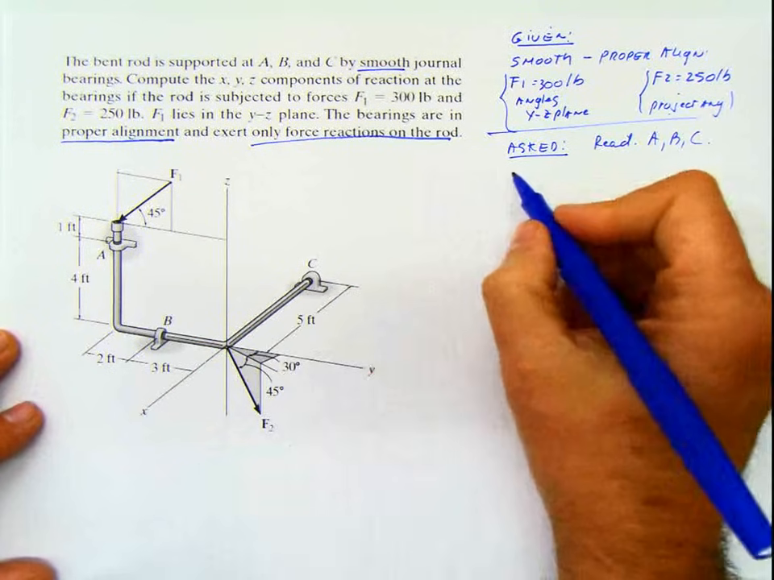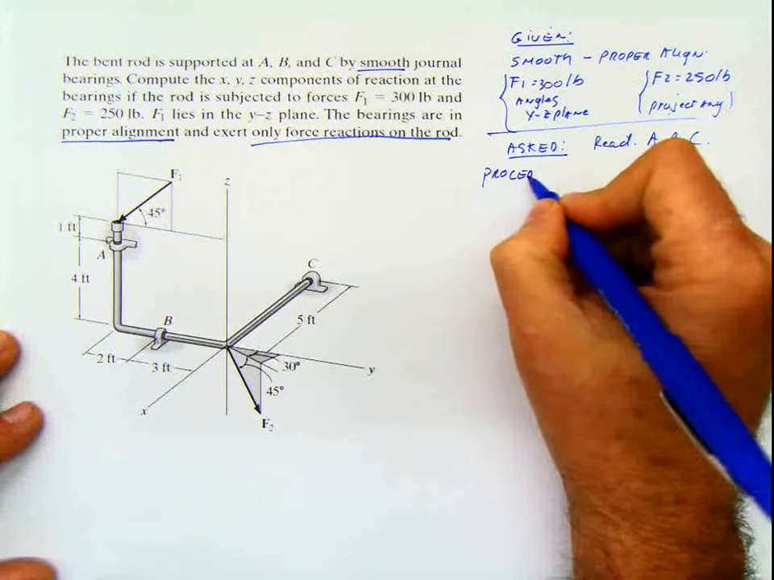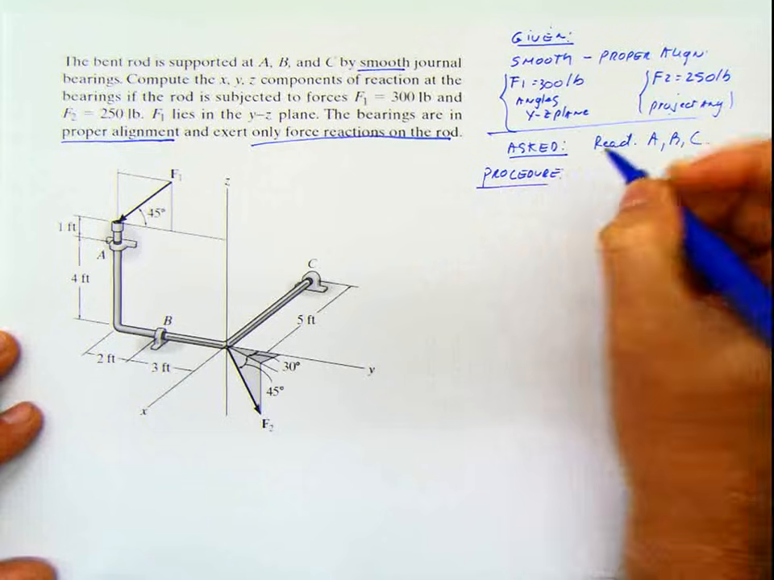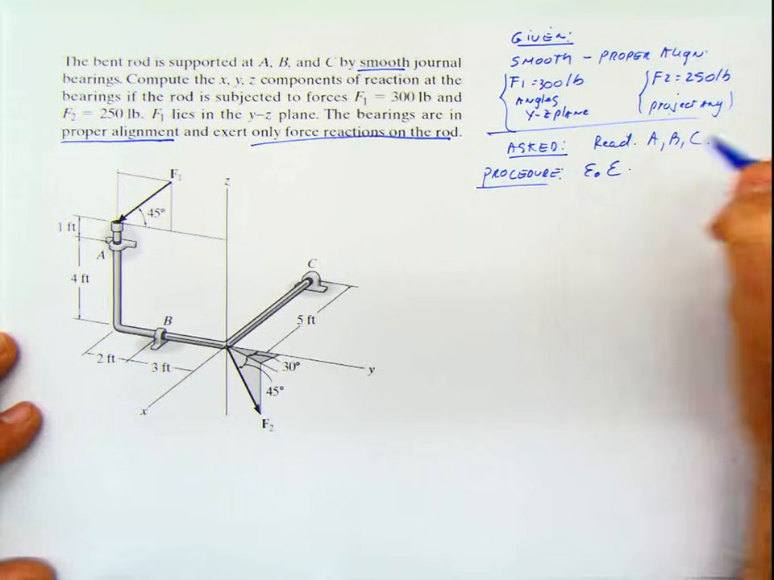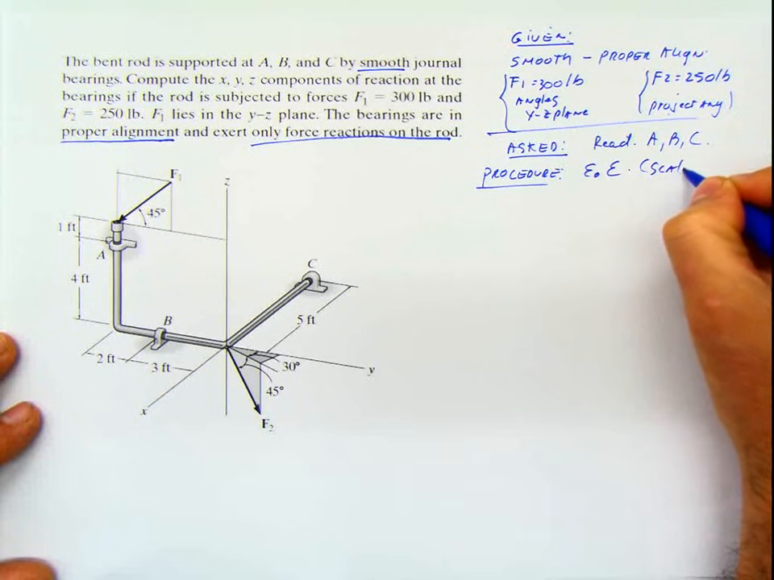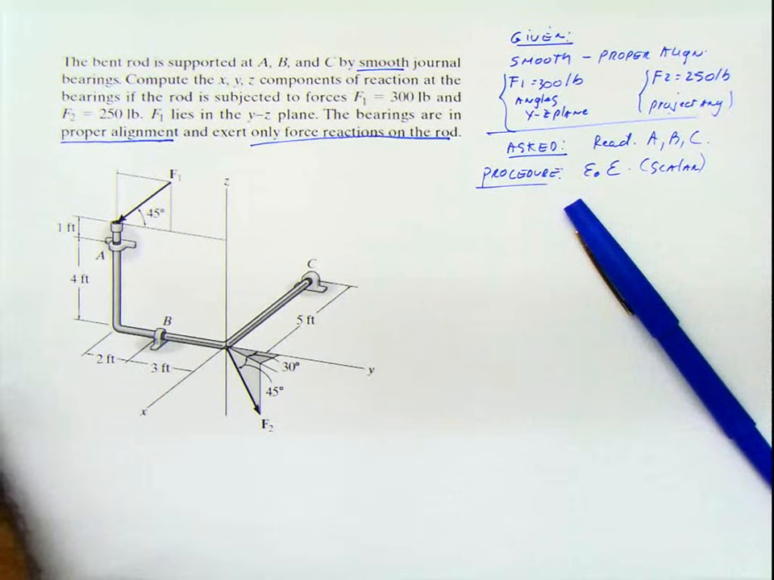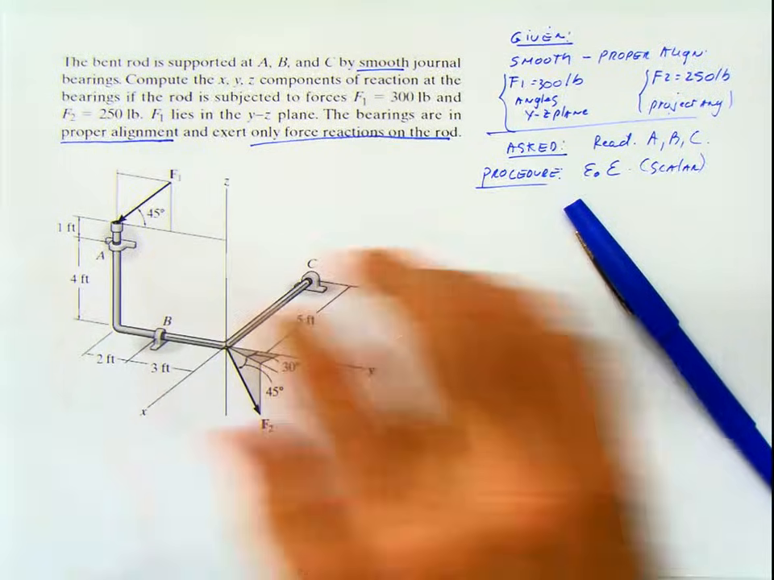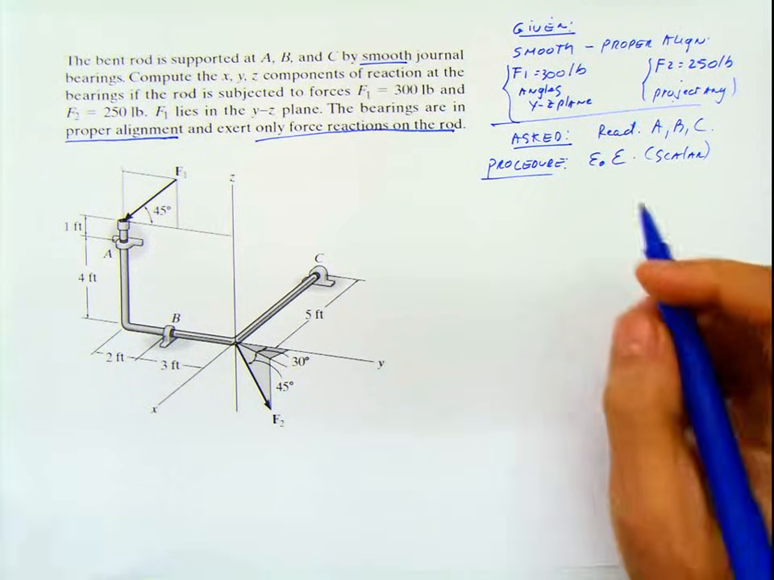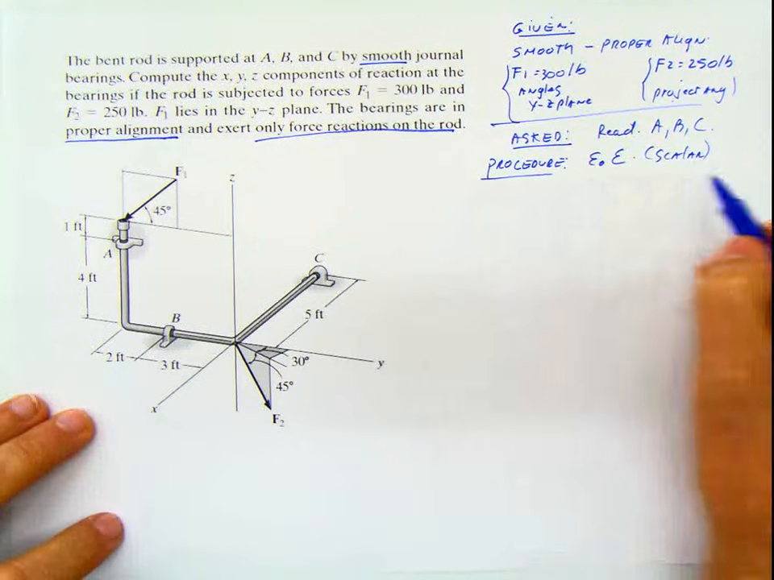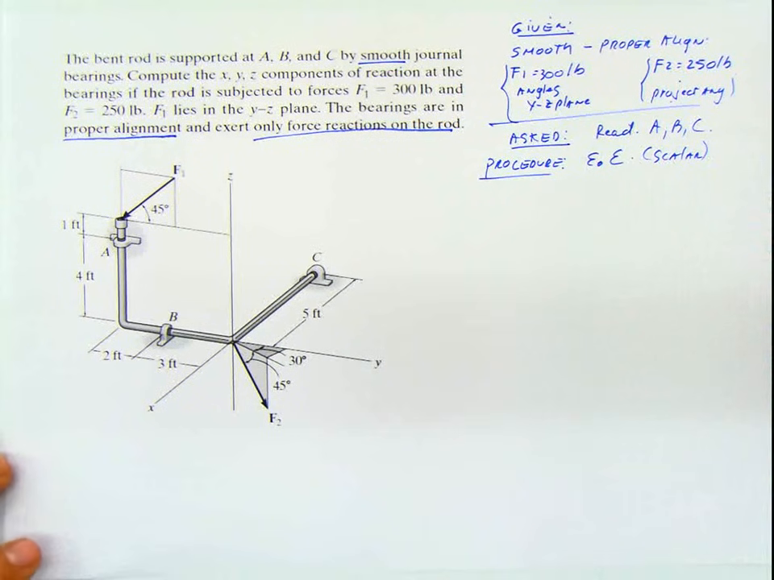How am I going to approach this problem? I'm going to solve it just by equations of equilibrium, scalar formulation. That's what we're going to do. If you want, you can solve it later by using vectors, Cartesian notation, but I'm not going to do that. So I'm going to use scalar equations of equilibrium, and because we are